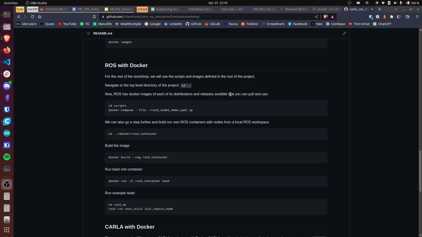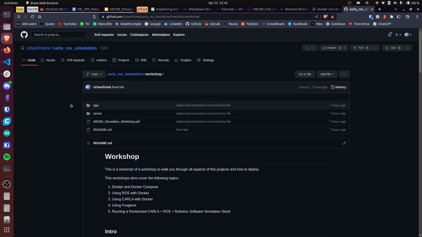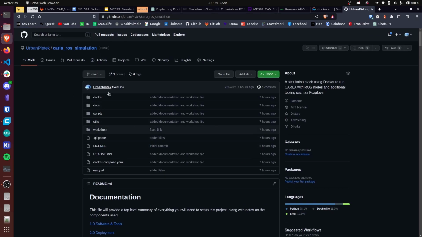Now we'll discuss how to run ROS in Docker, and with Docker Compose specifically. One thing I'll point out is that for the remainder of this workshop and all the stuff we'll walk through here, it's not going to be running stuff contained in the workshop folder. It's going to be running stuff contained in all the other folders that are available in this project. So just be aware of that. And I made a mistake clicking on it because it's taking forever. There we go. So we'll be using other stuff located